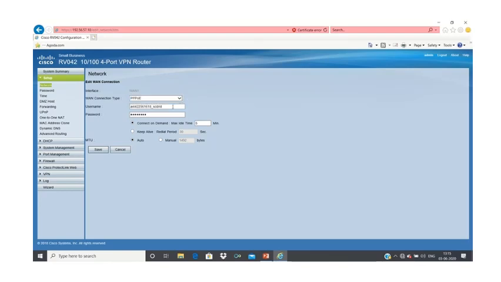Now this device is having two WAN interfaces, WAN 1 and WAN 2. We have to configure WAN 1 for your internet access. So select WAN 1, go to the configuration menu,